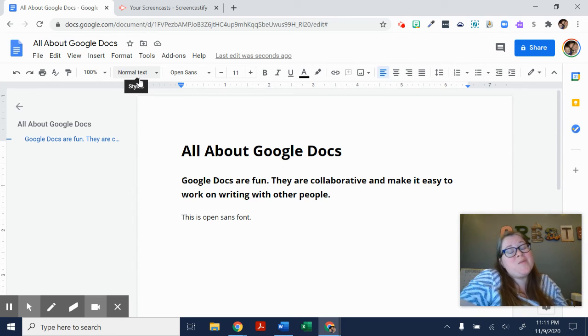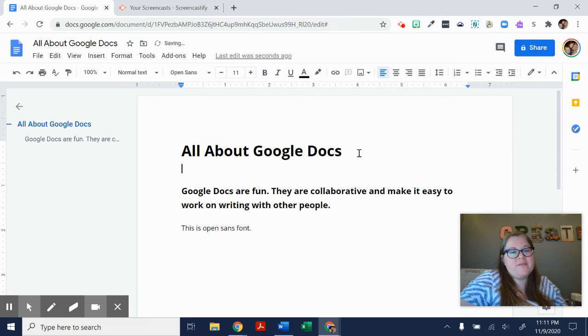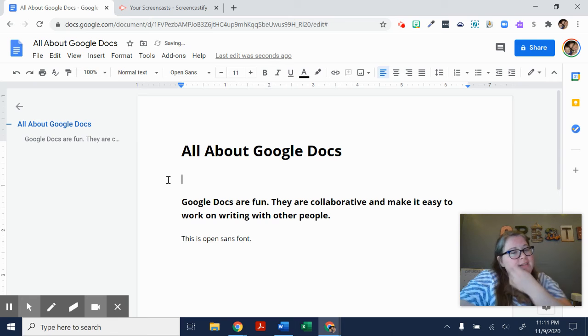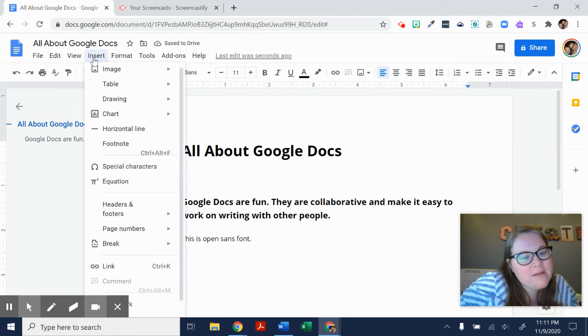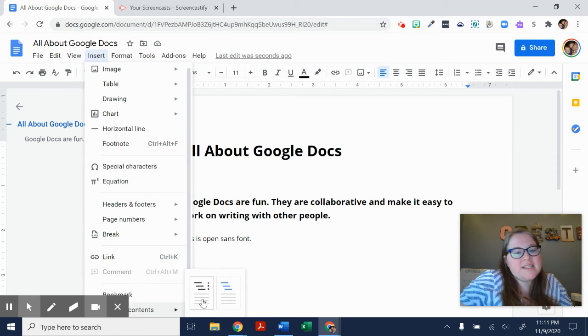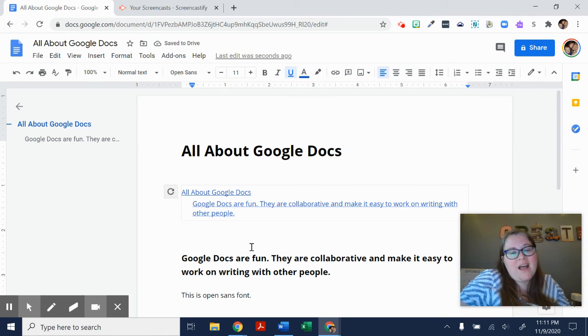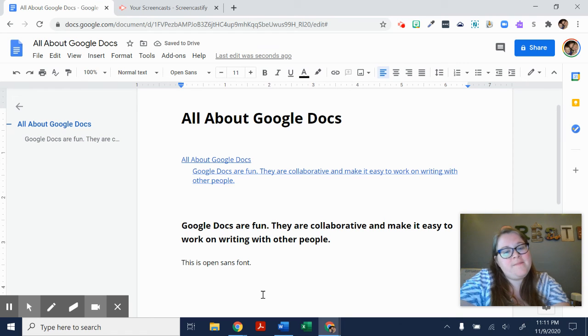Now, tip number 4, the reason why you do this is that in addition to it setting a really good look and feel and making it really easy for you to organize your document, it also allows you to create a pretty nifty table of contents. So if I want to insert a table of contents, I will choose where I want that table of contents to go. I'll come over to my insert menu and I'll come down to where it says table of contents, decide if I want it to have numbers or not, insert that table of contents, and then all of a sudden those headers just automatically format this table of contents for me so that every additional thing that I add,